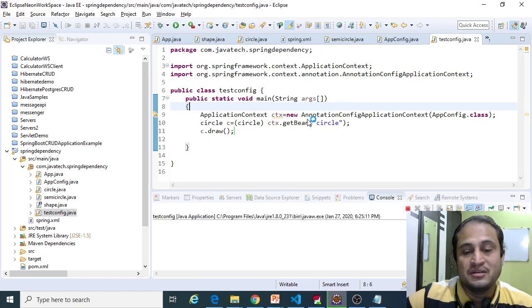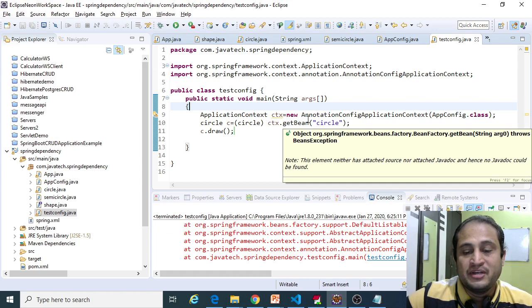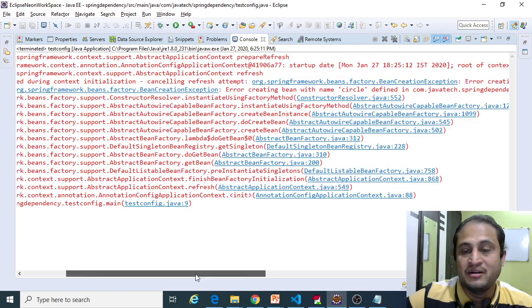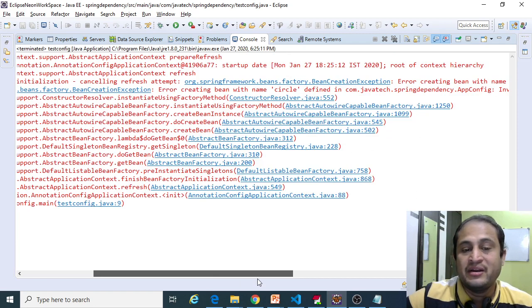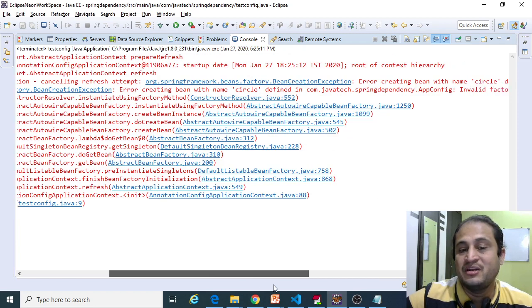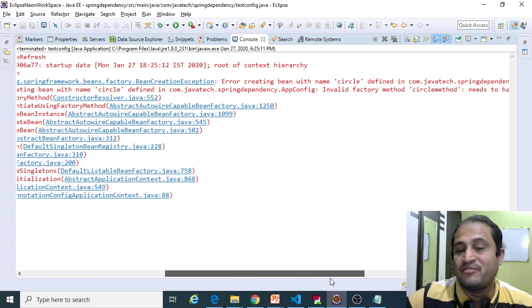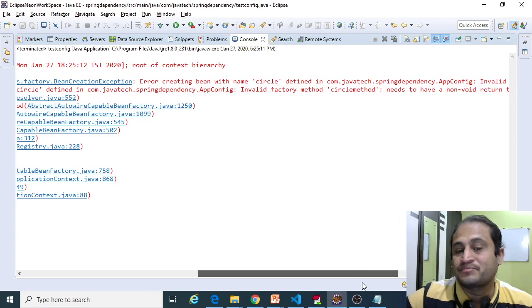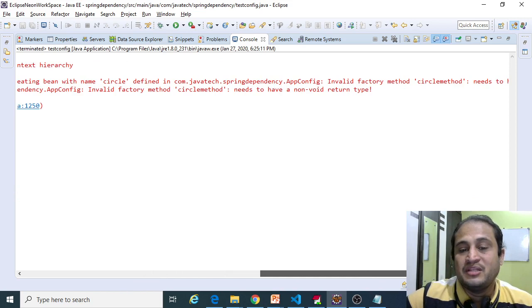Let's see. If I run this application, it gives one error: error creating bean with name circle defined in AppConfig, invalid factory method circle method.